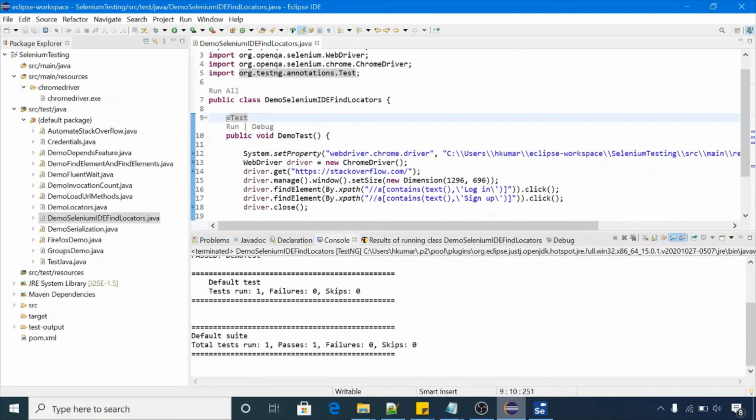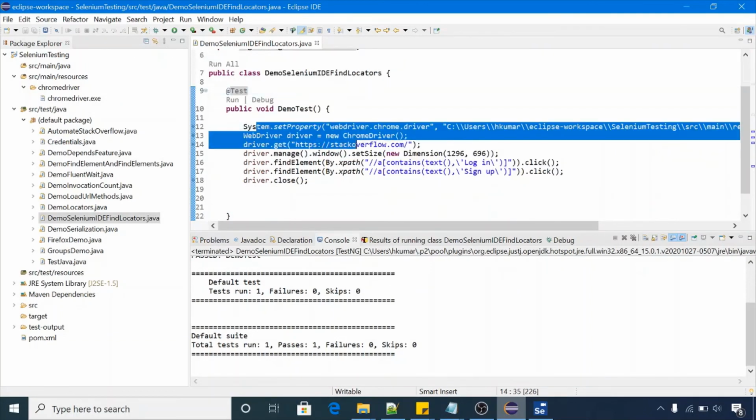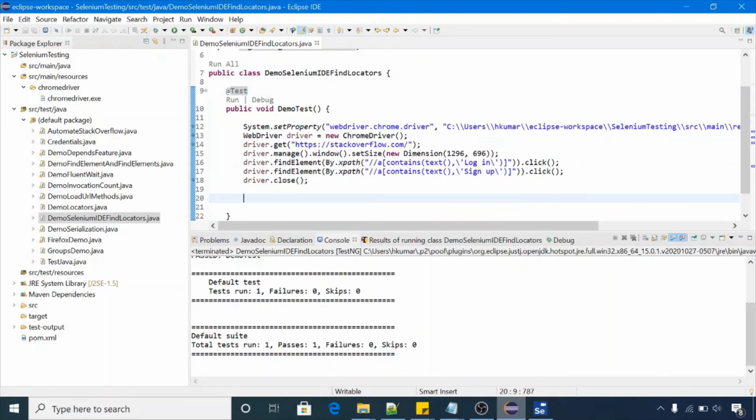So guys, these are the uses of Selenium IDE for Selenium WebDriver: to find the locators, as well as to copy the complete script from Selenium IDE. You can record the script in Selenium IDE, use the export feature, and from there you can get the script in Java, C#, or any other language, and copy paste it into your Selenium WebDriver project. It is just the same as if you were typing in Selenium WebDriver. So that's all guys. Using Selenium IDE you can find the locators, as well as record the scripts and use them in Selenium WebDriver.